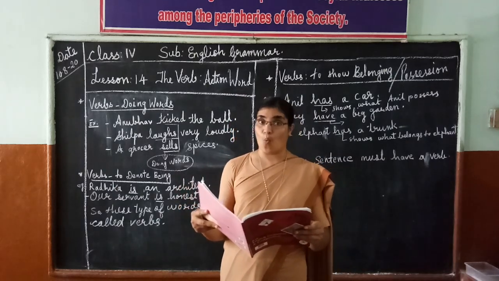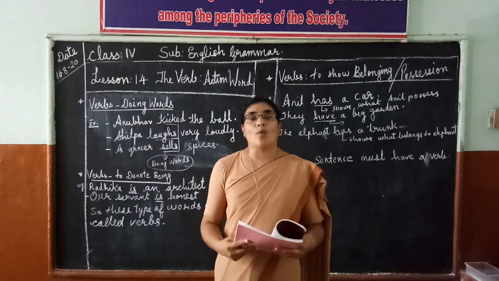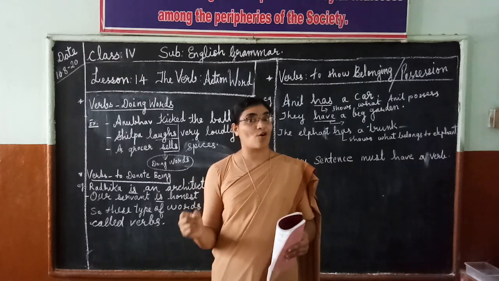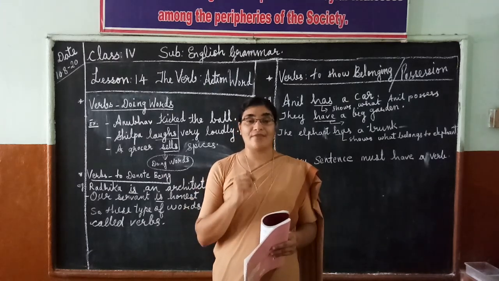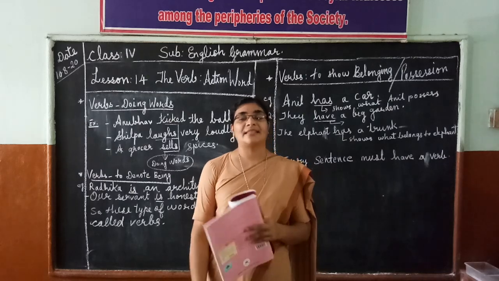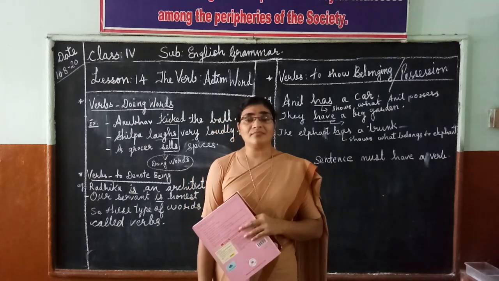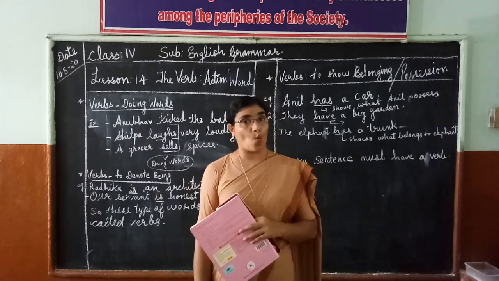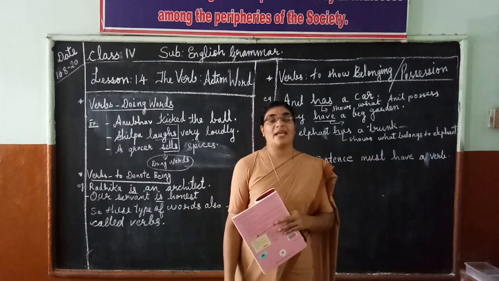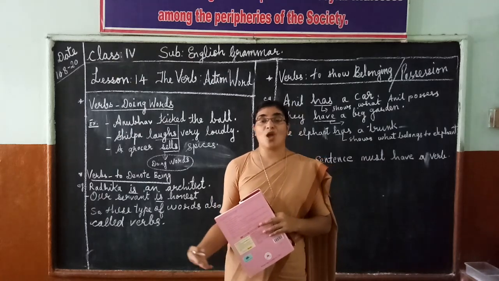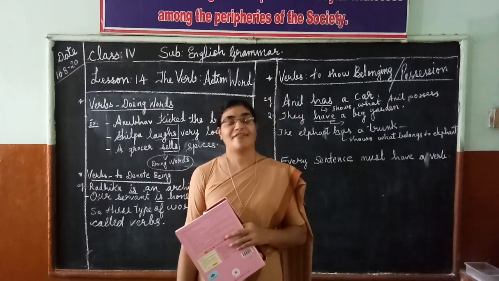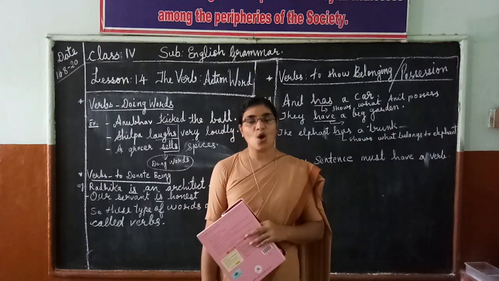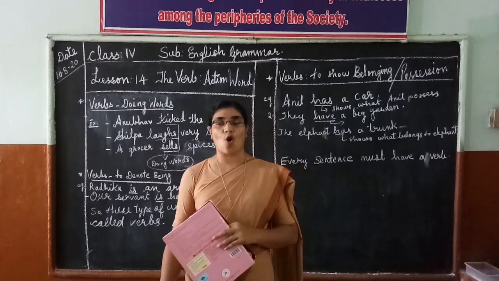They are called verbs. So there are a few points we have to remember here. Verbs show action, so they are called action words. Also, we must always remember that there will be no sentence without a verb. And words like is, are, am, was, were, have, has, had are also verbs. They tell us what somebody is or has.